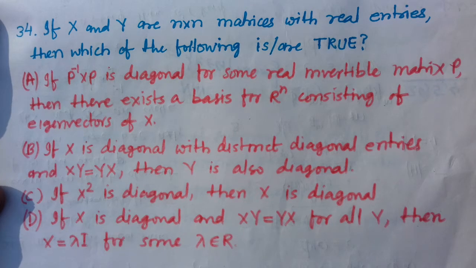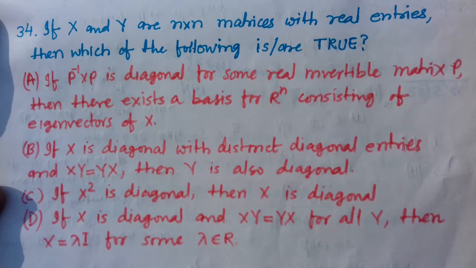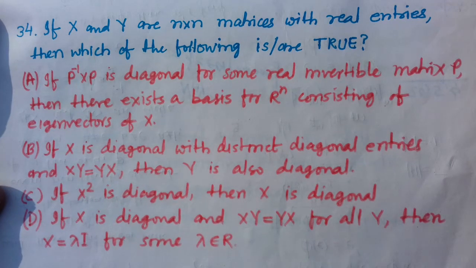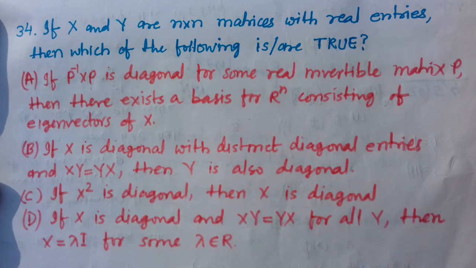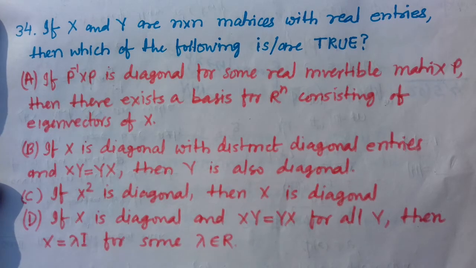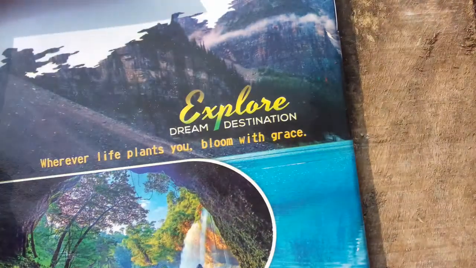Here is a question. You see the question. This question was asked in previous years' IIT JAM exam mathematics. Now we will see the solution. We will try to get the right option or options of this question. Let us move. Let us see the options one by one.